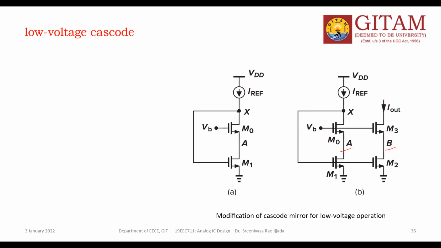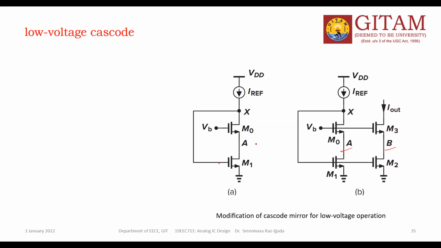If we tie the output, this is the output X, node of a cascode topology to its input, this is the input, tie like this. If you tie like this, then it works like a resistor. Whatever the resistor can do by connecting the resistor, the same thing this will also do.